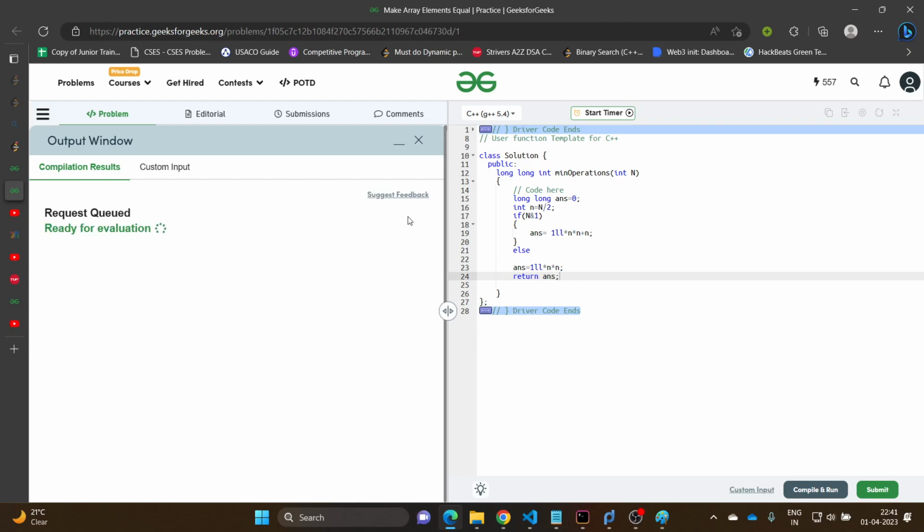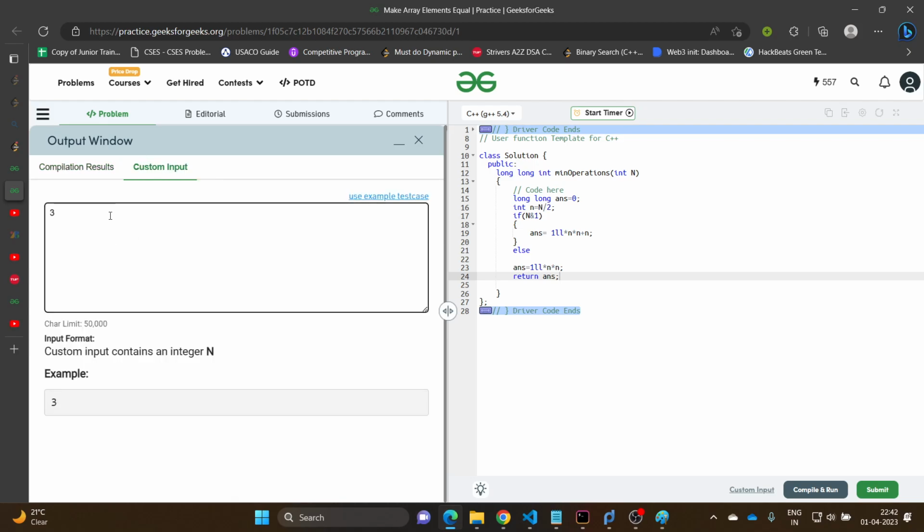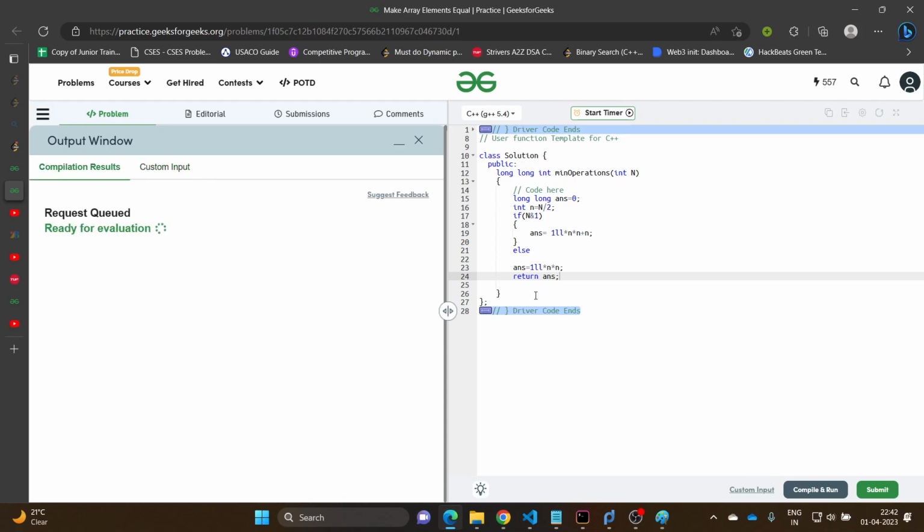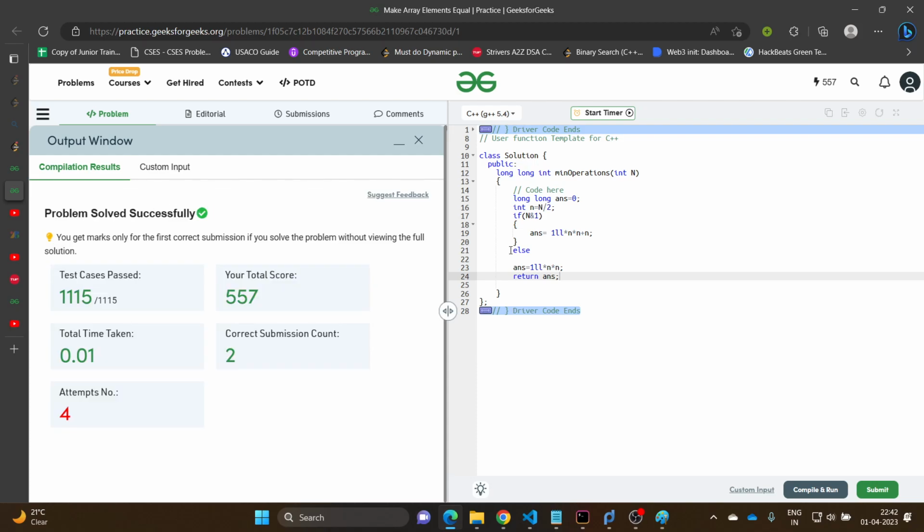Oh god, why is this taking so much time to evaluate? Okay, let's take a custom input before we are sure. Let's take n is equal to 13. For 13, n is odd. That means yeah, n squared plus n. And let's try to submit this. Okay, all tasks are passed. Thank you for